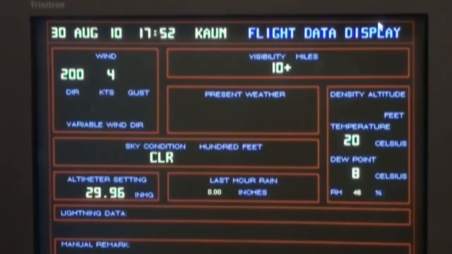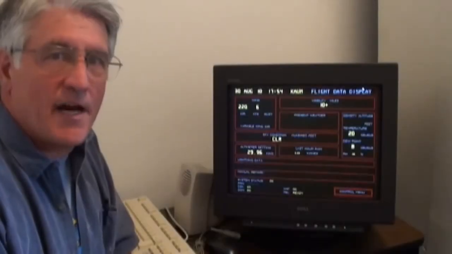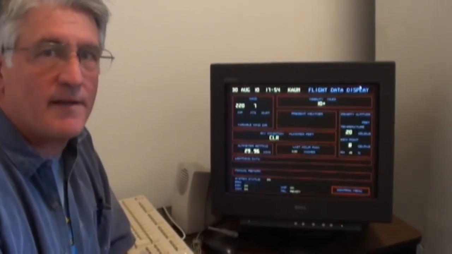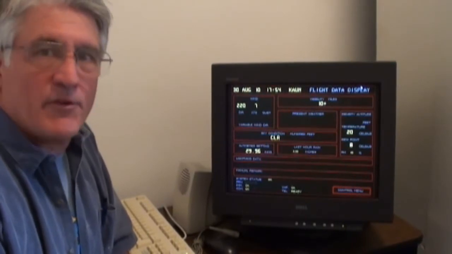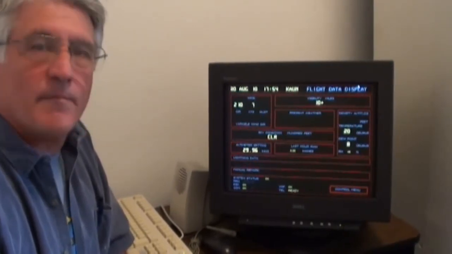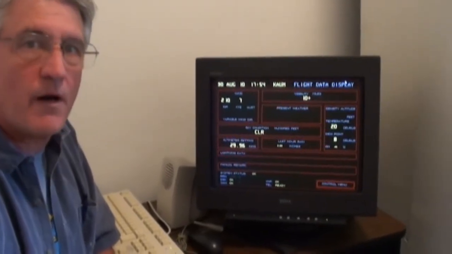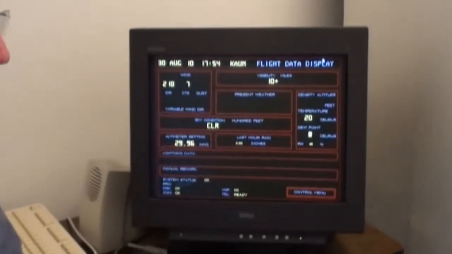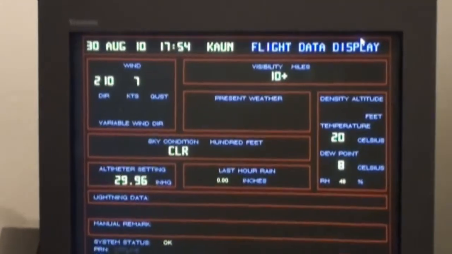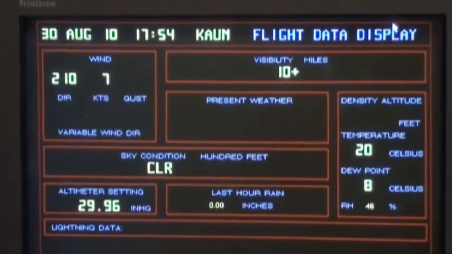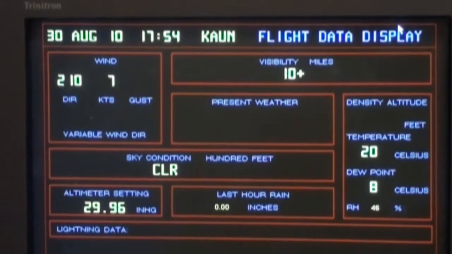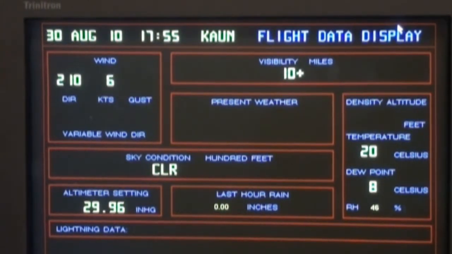Altimeter 29.96. Most pilots recognize the voice transmission that we just played. However, a lot of people don't know that you can also listen to it by dialing it up on the telephone. And we're in here right now in the control room for our AWOS setup here at the Auburn Airport, and we're going to go over the visual display to show you and talk about each component and where the information comes from. On the top line we see the date, the time, and the identifier for this airport, and